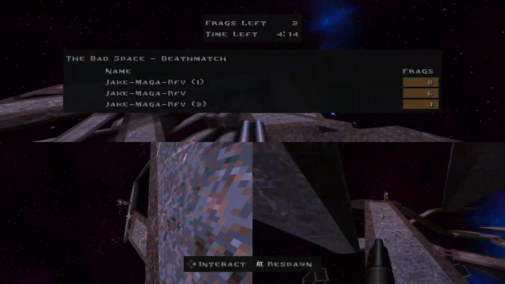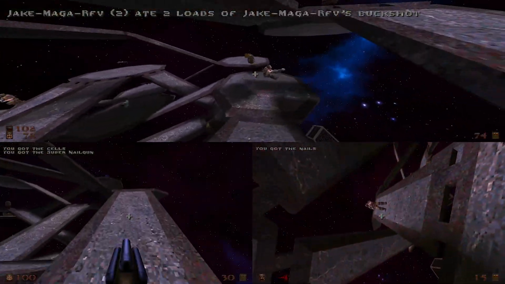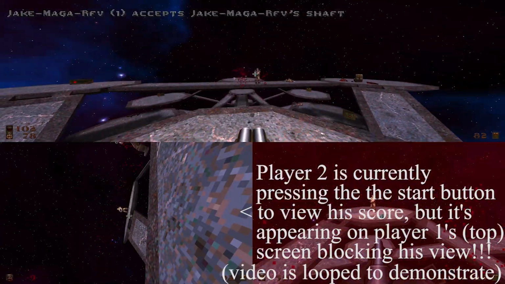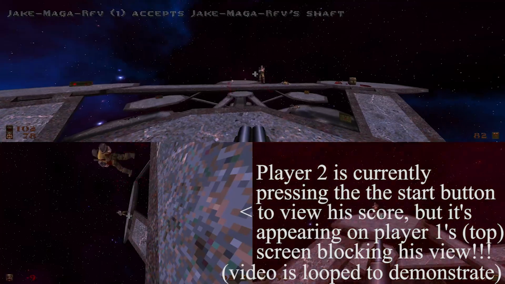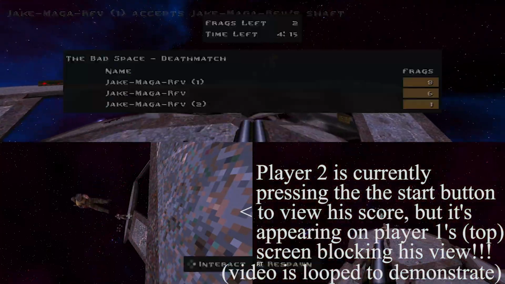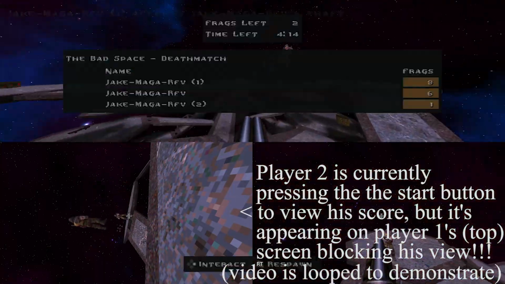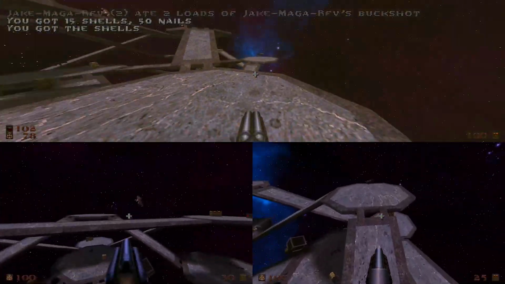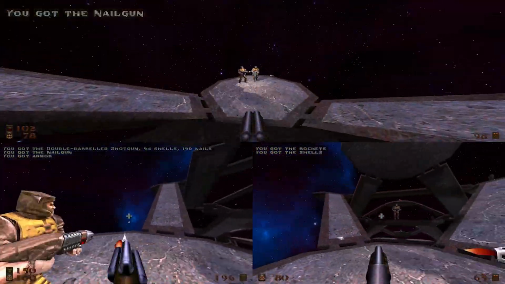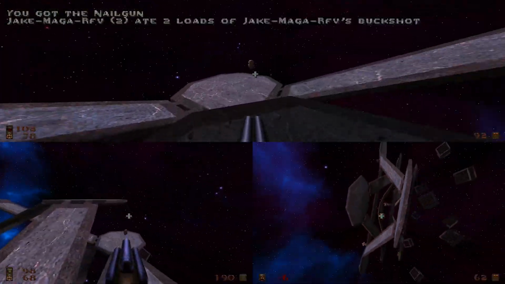When you want to see the score screen, the scorecard is viewed over player 1's screen. It does not go to the screen of the player who pressed the button to pull it up. This means that when someone gets a kill or dies, they will instinctively, because you do it in Halo, you do it in Call of Duty, you do it in all these games, you pull up your little score screen to see your KDR, and then that little score screen pops up over player 1's screen and blinds them immediately,